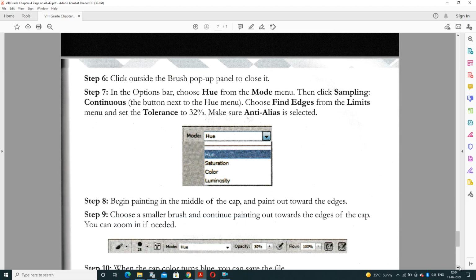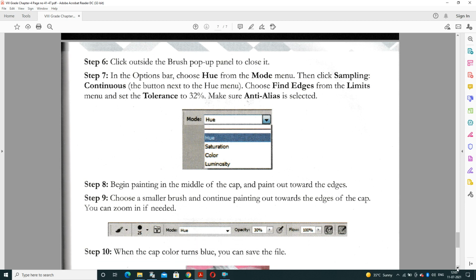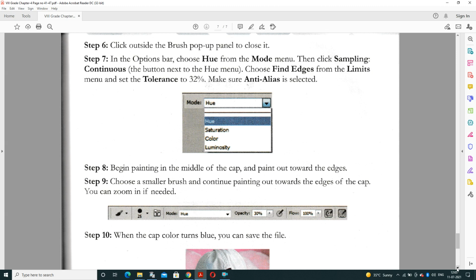Click outside the brush pop-up panel to close it, and in the option bar choose Hue from the Mode menu. Then click Sampling: Continuous, choose Find Edges from the Limits menu, and set the tolerance to 32%. Make sure Anti-alias is selected.